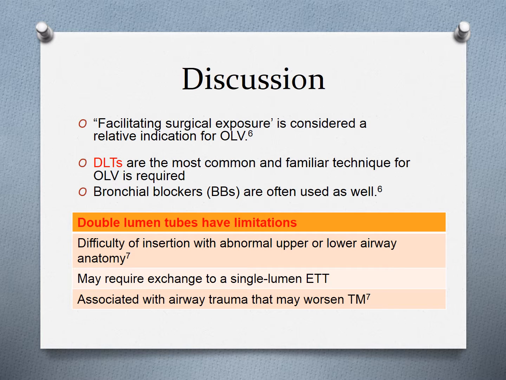So, discussion of the situation and how to best facilitate one lung ventilation in patients with tracheomalacia. It should be noted that facilitating surgical exposure is only considered a relative indication for one lung ventilation. Double lumen tubes are the most common and the most familiar technique to most providers for one lung ventilation when it's required. Bronchial blockers are a close second. However, in relationship to this case, or cases with tracheomalacia, it could be discussed that double lumen tubes have some severe limitations,